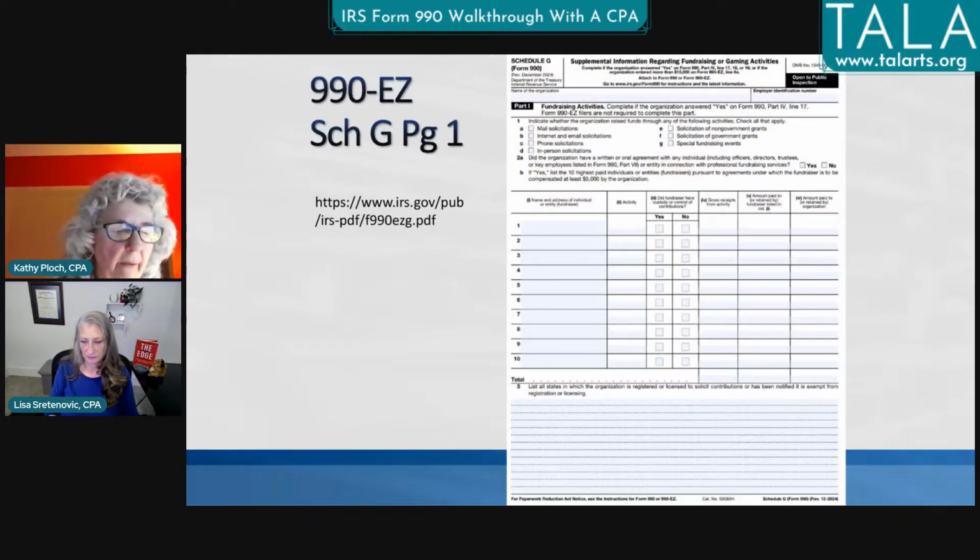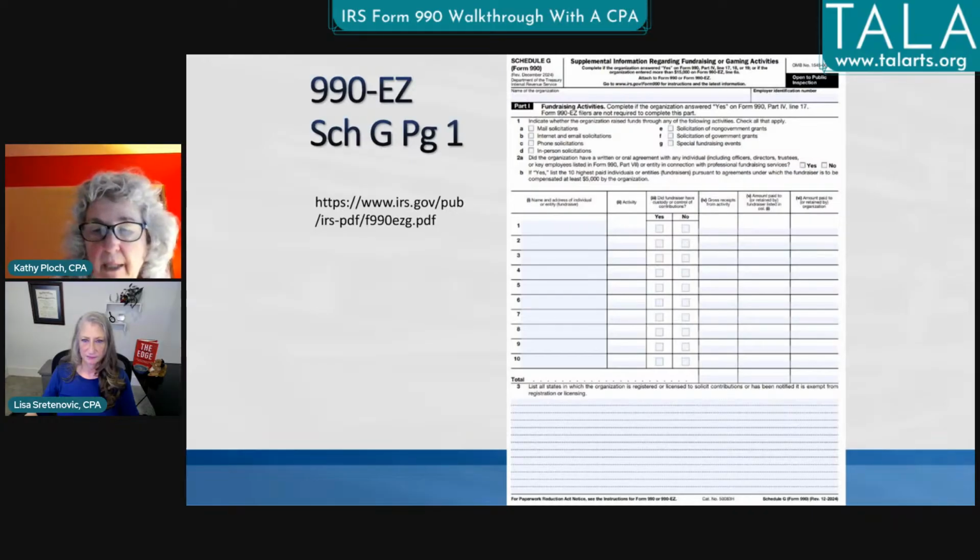And we didn't have the third page, but the third page has a section where you would put the non-cash. So for example, my example about getting the free rent, or something else that has been donated to you, you would put that on there.